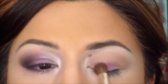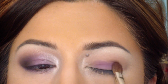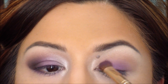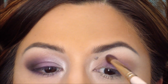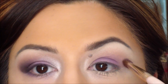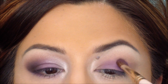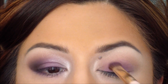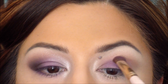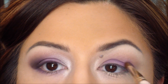And this other option I am showing you guys is just another way of applying your eyeshadow without having to utilize so many brushes. And then what you can do is use your same eyeshadow brush and very lightly, softly start blending this, using the tip very softly, just to diminish any harsh lines. I prefer to use different brushes for this, but again, this is a method to cut back on brush usage, and you can still achieve the same results. So very softly, back and forth, short little strokes, soft circular motions,